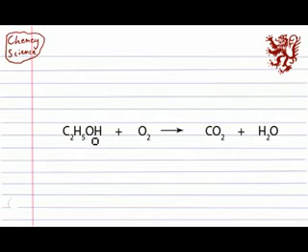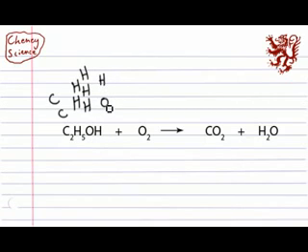This is a combustion reaction now, ethanol, C2H5OH, reacting with oxygen. So pause this now if you want to try it yourself. I'm going to go through the same process now of drawing out the number of atoms I've got. So there's 2 carbons, 5 hydrogens, an oxygen and another hydrogen. It's written like this because this hydrogen is attached to the oxygen instead of to the carbons. Just 2 oxygens in that oxygen molecule, a carbon and 2 oxygens from the carbon dioxide, and 2 hydrogens and